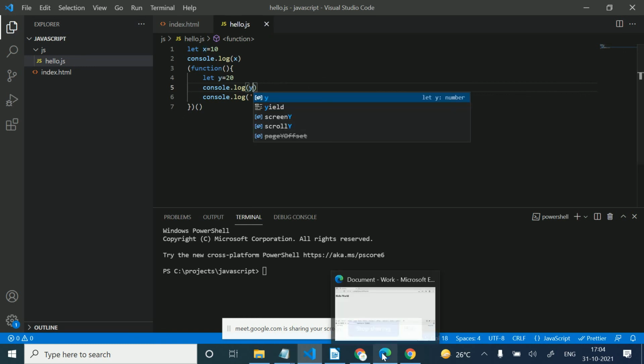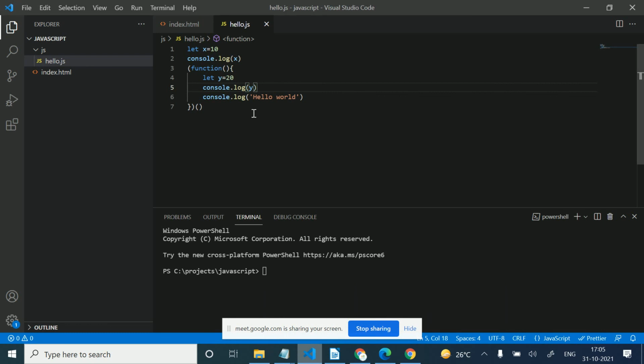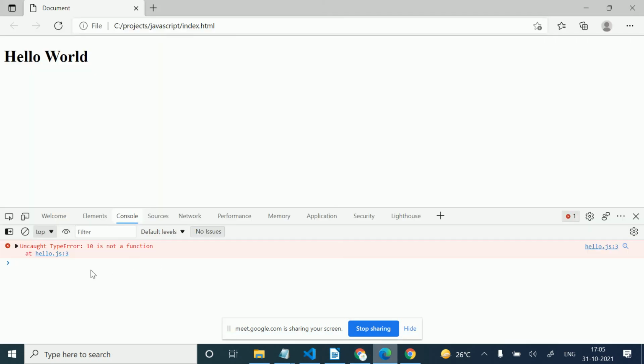Now I will refresh here. I'm getting console.log is not a function at line number 3. Why am I getting this? 10 is not a function at line number 3.